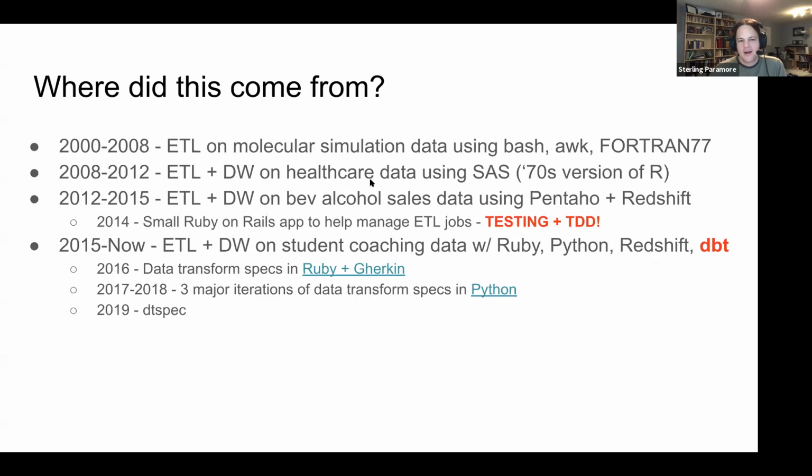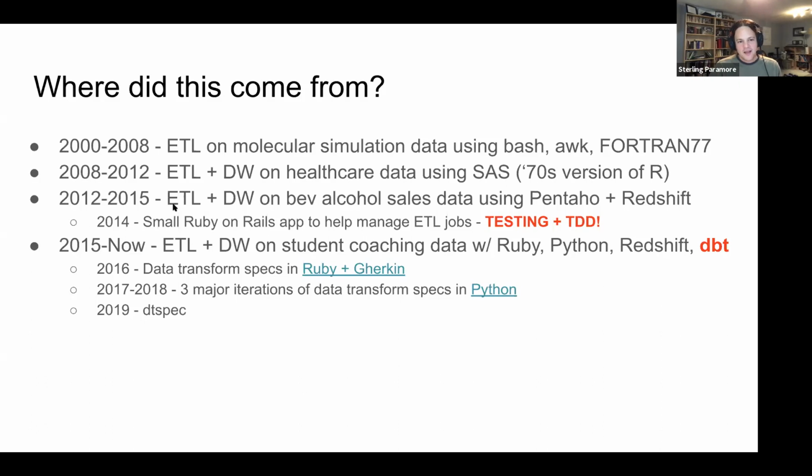But then at some point I wanted to start moving over to more modern software development. So I switched over to a startup that made software for beverage alcohol sales. And there I started using Pentaho and Redshift. And if you don't know Pentaho, Kettle is this GUI ETL tool that is somewhat similar to an Informatica or Talend.